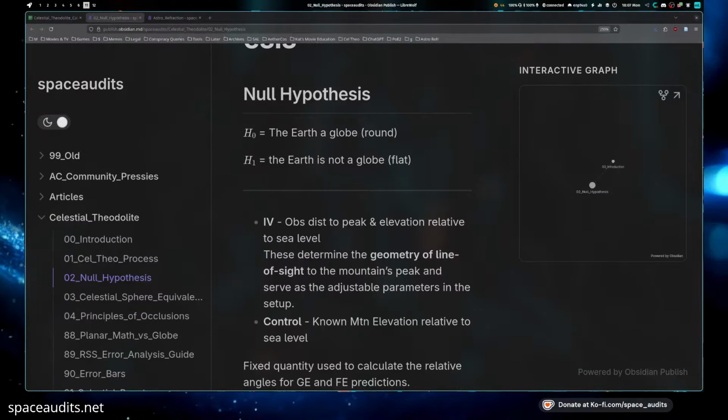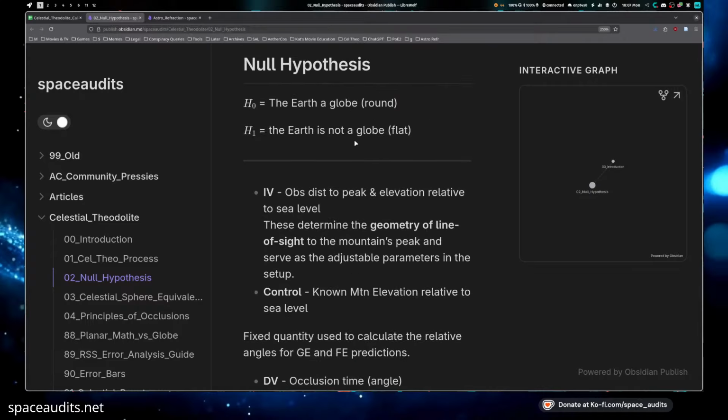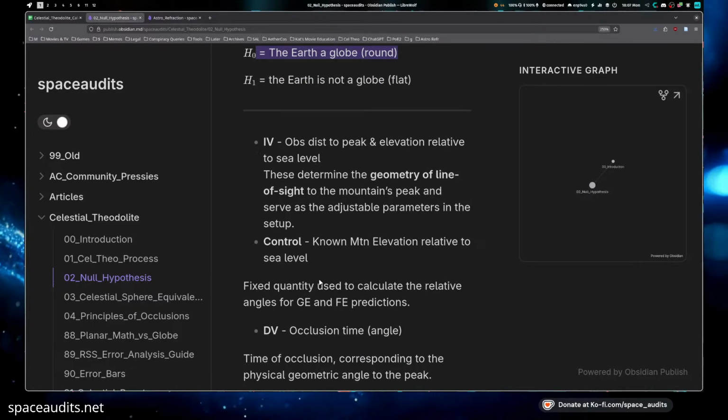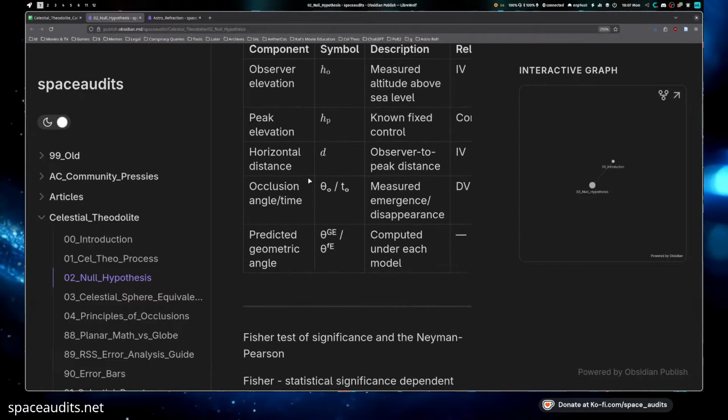I haven't added anything fancy yet. It's just text right now. So just a quick recap: hypothesis up top, the H naught. The H1 is going to be our null. If you falsify one, the other one is likely true. If you fail to falsify it, then the other one is likely not true. And then I gave the control, IV and DV here for our setup.